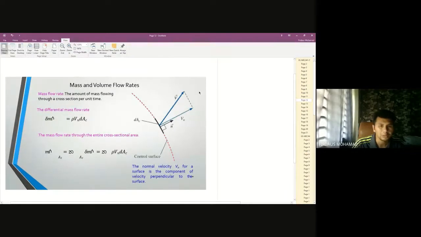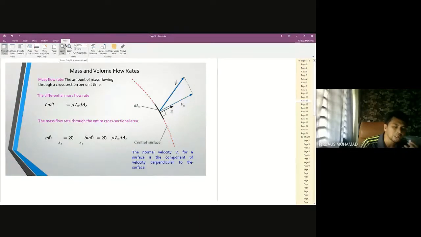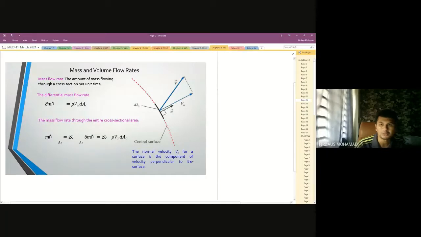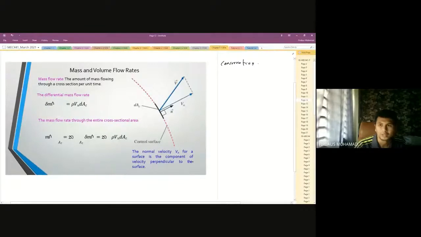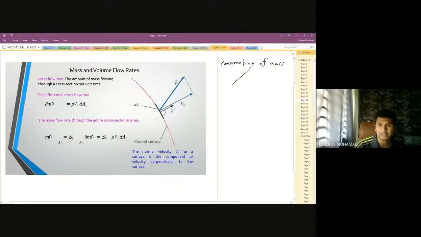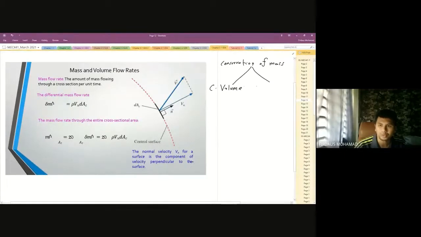Oh, dia jadi macam ni. Patutnya saya tulis balik. So to satisfy the conservation of mass, we must satisfy both volume and also surface of control volume. So maknanya conservation of mass must satisfy the control volume and also control